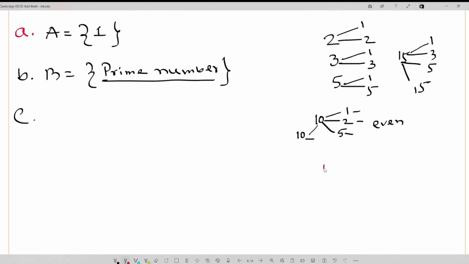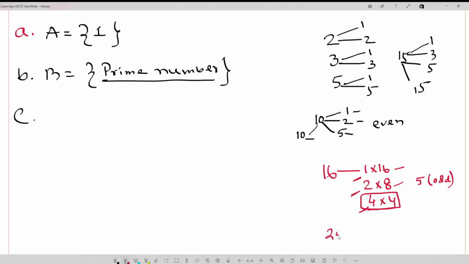But how about 16? 16 we can write as 1 times 16, we can write 2 times 8, we can write 4 times 4, so 1, 2, 3, but look, here is a 4 and 4, so 1, 2, 3, 4, 5. This is 5, it means this is odd. Very interesting thing, 4 and 4 is a double, that's why we take 1.